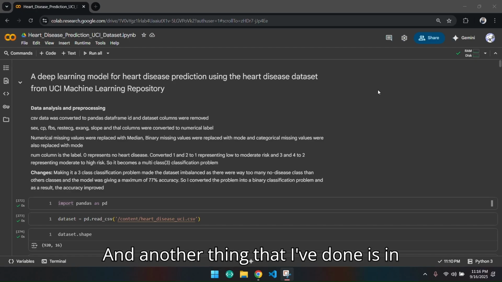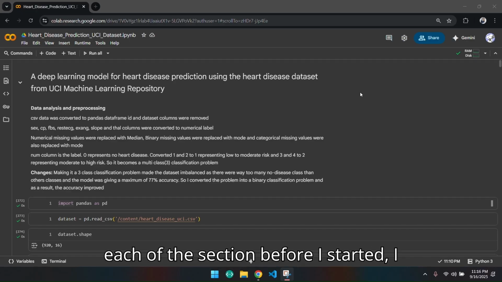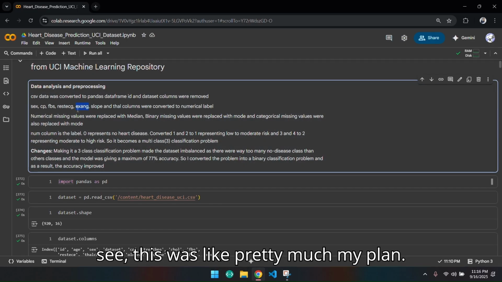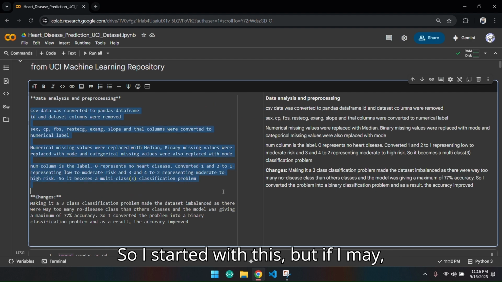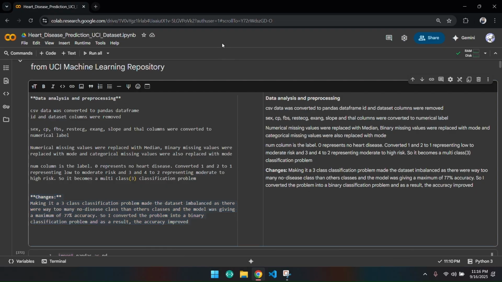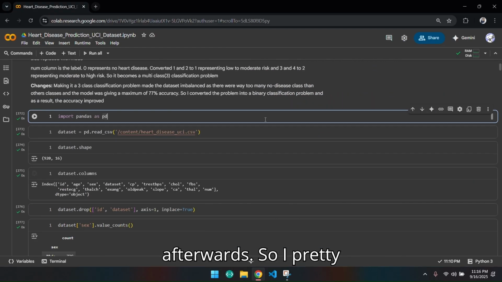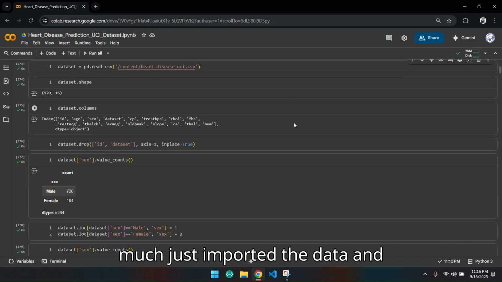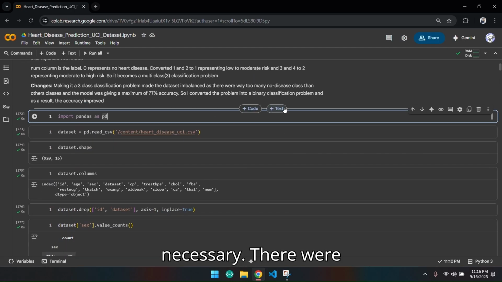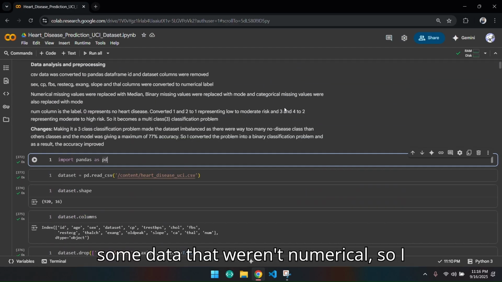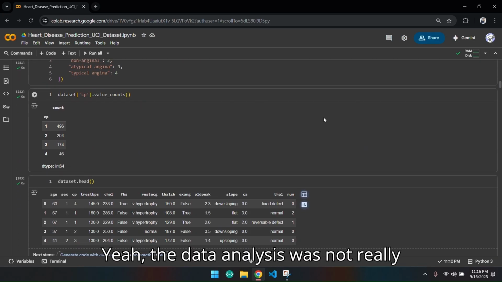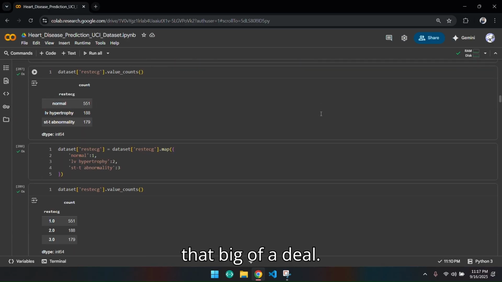Another thing that I've done is, in each of the sections before I started, I wrote what my plan was. So as you can see, this was pretty much my plan. I started with this, but I made some changes after seeing the results, and I've mentioned the changes afterwards. I pretty much just imported the data and dropped the columns that weren't really necessary. There was some data that wasn't numerical, so I converted those to numerical data. Yeah, the data analysis was not really that big of a deal,